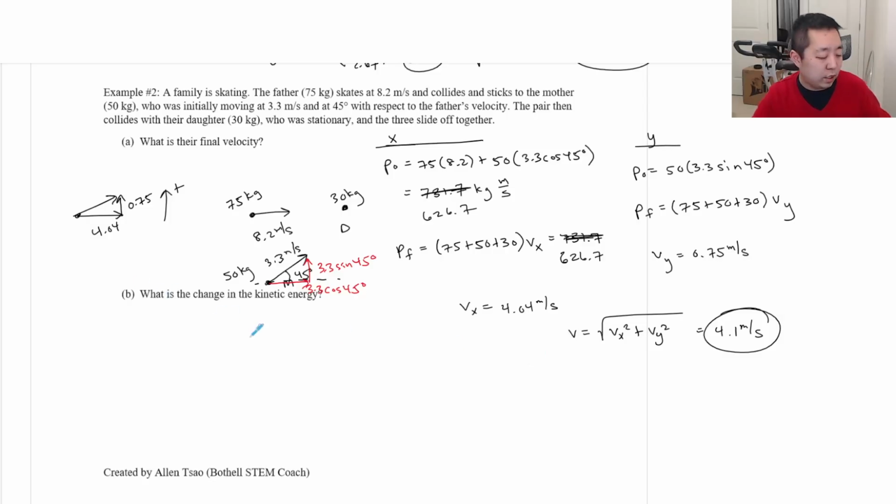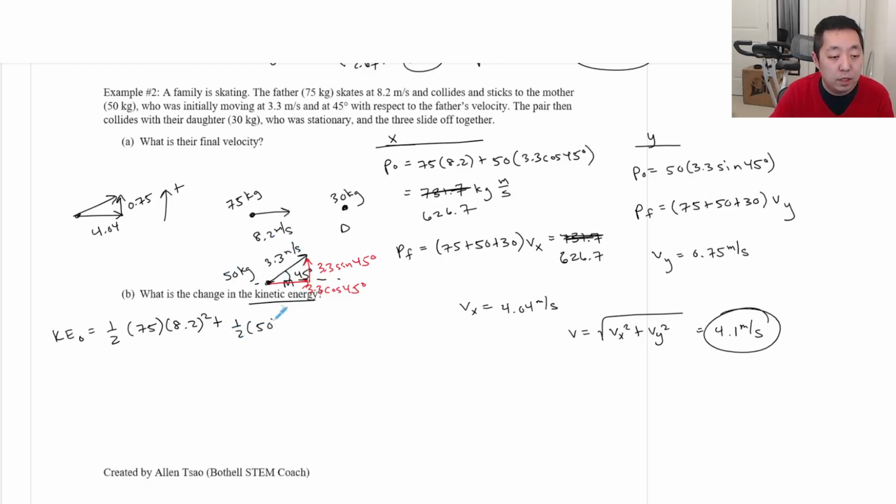So that's how fast they're going, and you can use tangent of the angle if you want to find the angle. Now, what was the change in the kinetic energy? Well, with kinetic energy, remember, you always want to look at speed. So how much kinetic energy was there initially? The father had 1/2 m times v squared, and then this person, 1/2 m times v squared. And the daughter didn't have any kinetic energy. So just add that up. That is